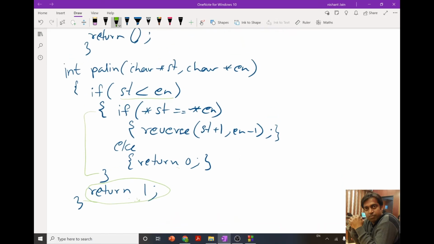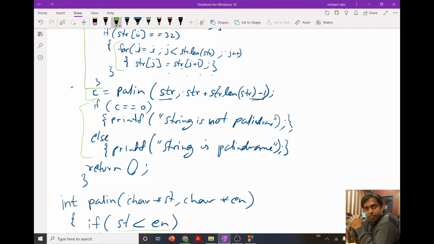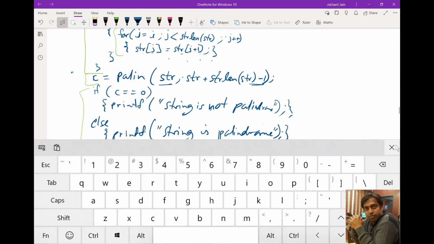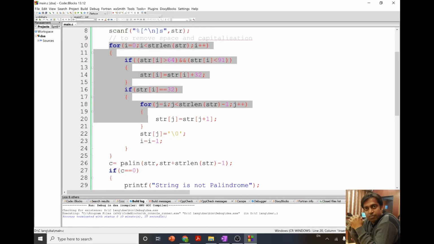So after that, with this return value, our program will check the value of C, and accordingly it is going to print whether the string is palindrome or not. So let me show this in the code block. Over here you can see that I have put the same function declaration, and in this main program I first ask the user to enter the string, and then I put this code to remove the blank spaces and the capitalization.